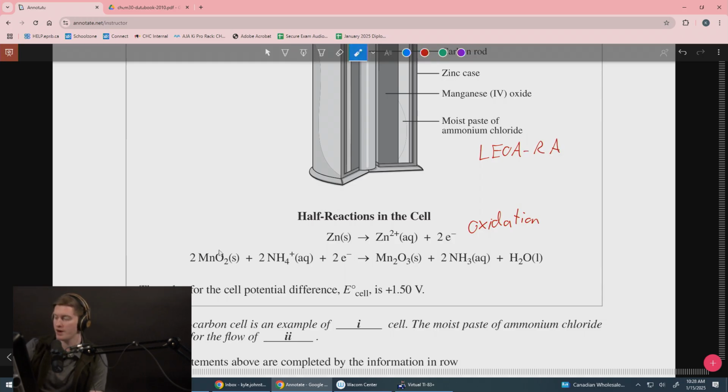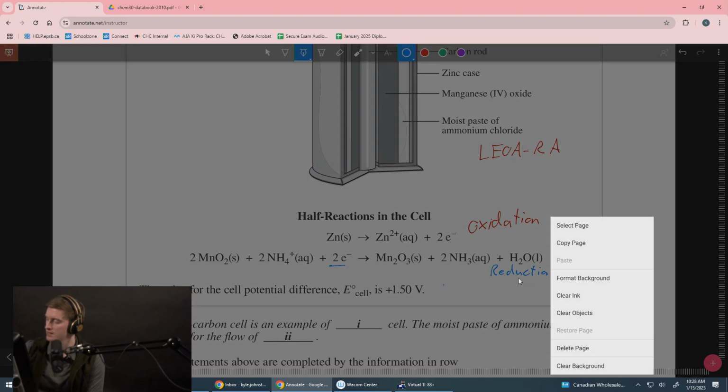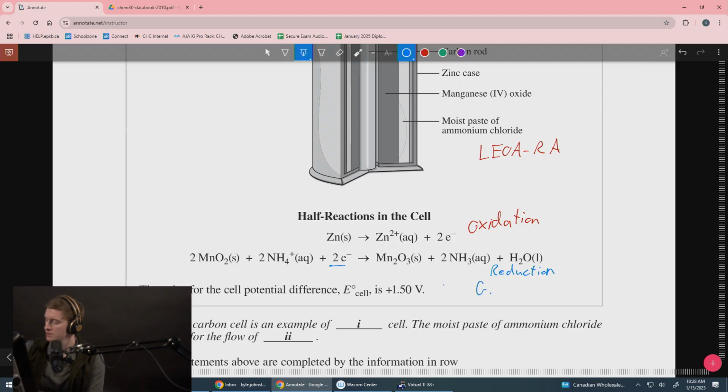And then our other half reaction is that we have manganese 4 oxide reacting with our ammonium and 2 electrons to become manganese 3 oxide and ammonia and water. This is our reduction because our electrons are on our reactant side. So here's our reduction. And we know that the gain of electrons is reduction at the cathode, and it's the